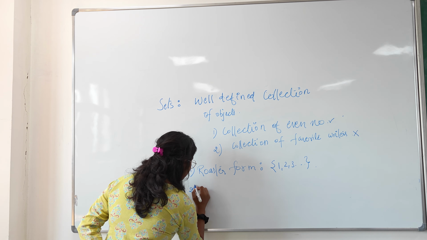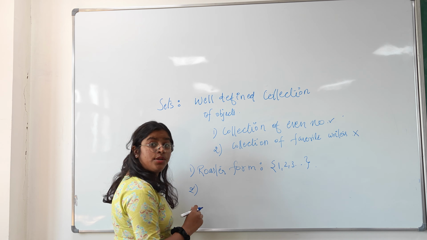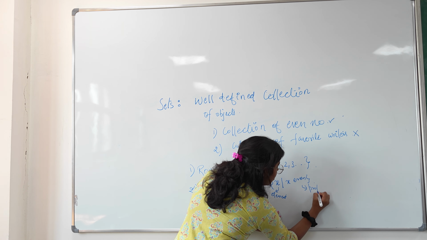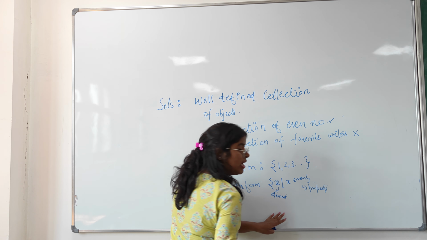Now the second form is the set builder form. In set builder form, we present the element in curly brackets with its property. For example, if you write x such that x is an even number, x represents the element and this is its property. The collection will be like this: 2, 4, 6, 8. It is our collection of even numbers. This is the second form. Now we will see its third form.